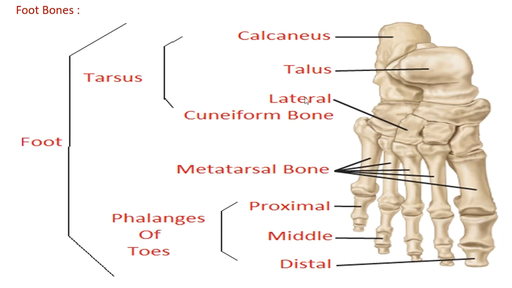You can see in the diagram there are two parts of the foot, isn't it? The upper part is called the tarsus and the lower part is called the phalanges of toes, isn't it? So the tarsus is composed of calcaneus, talus, lateral cuneiform bone, this thing, isn't it? Ankle, the